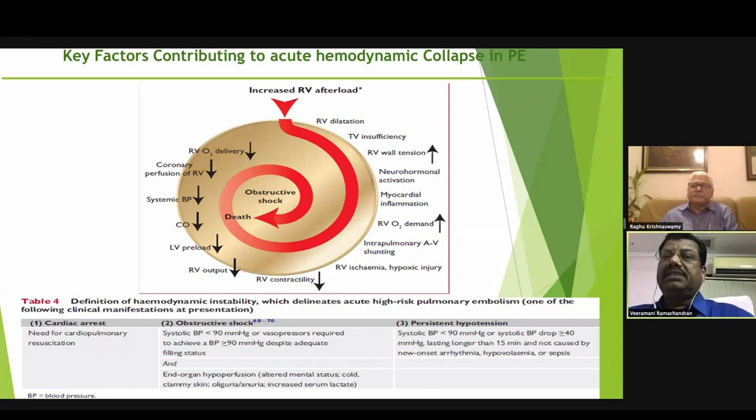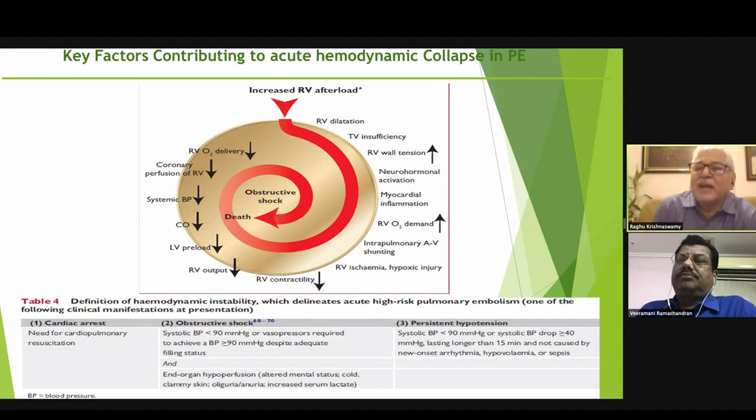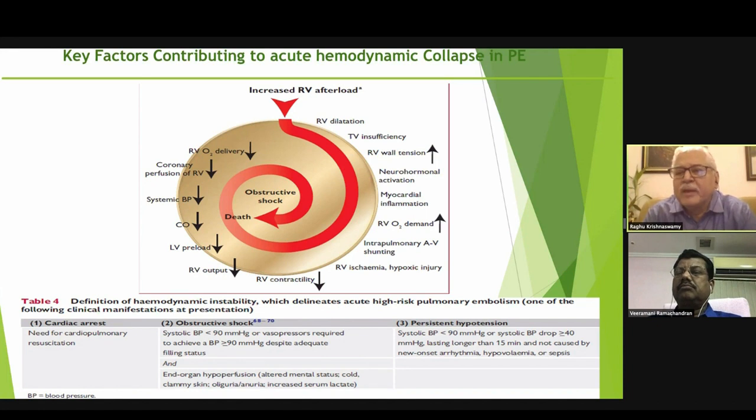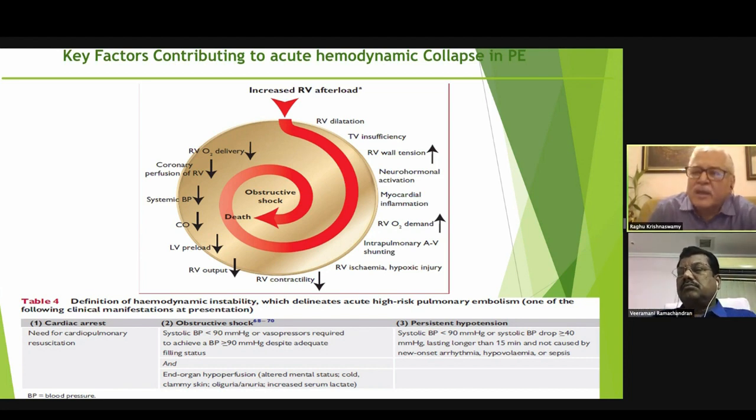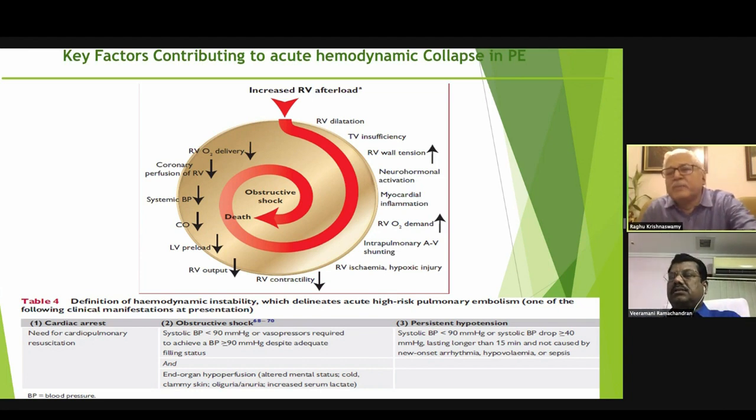So the next question is, does a completely normal right-sided echo rule out pulmonary embolism? No, I mentioned very categorically that it can rule in but not rule out. Its sensitivity is very low. So if you have a submassive pulmonary embolism, you may not have an RV that is dilated. Your PA pressures are not elevated. Like in the first case, I showed that the PA pressure was only 36. Of course, he had other signs of pulmonary embolism.